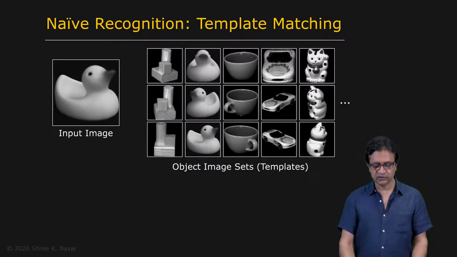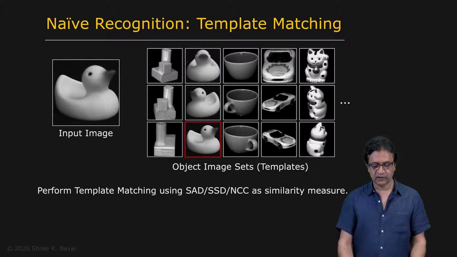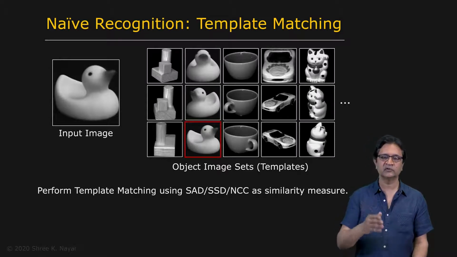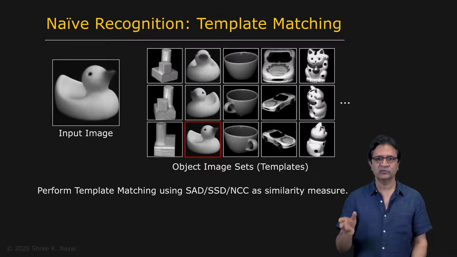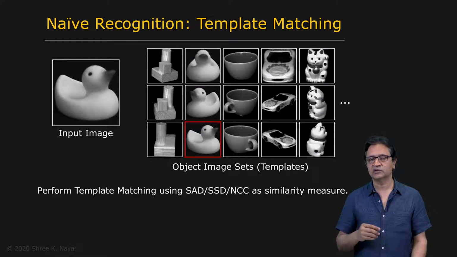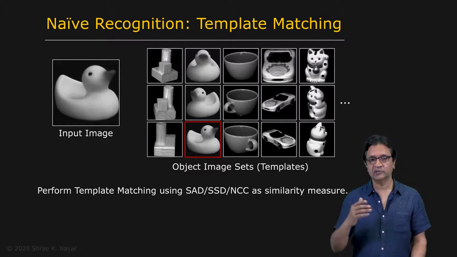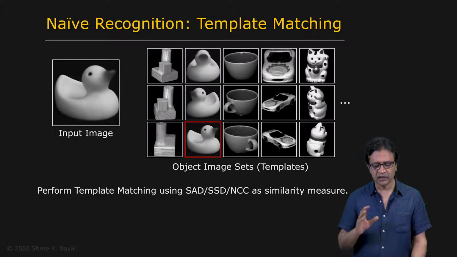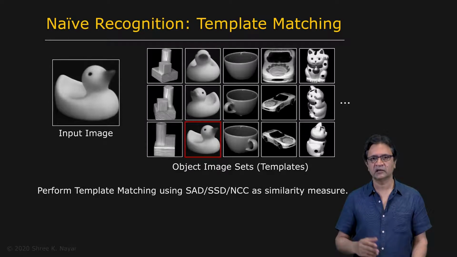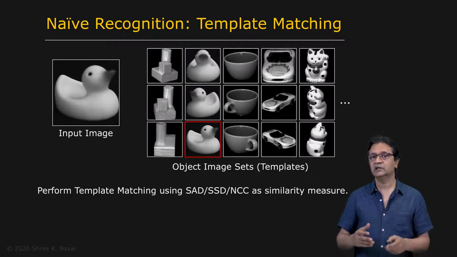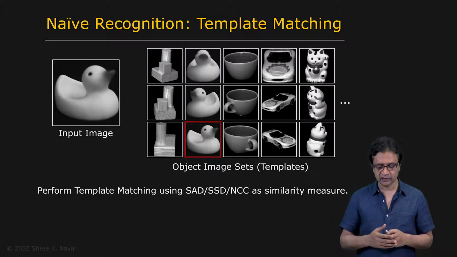And you compare this image with all the images in your database, perhaps different objects, different external parameters, and you find the closest match. And template matching, of course, can be done using sum of absolute difference, sum of squared difference, or normalized correlation to handle things like brightness changes and changes in camera gain and so on. But irrespective, you can very quickly see that this is not a practical approach given the number of images that we are dealing with here.